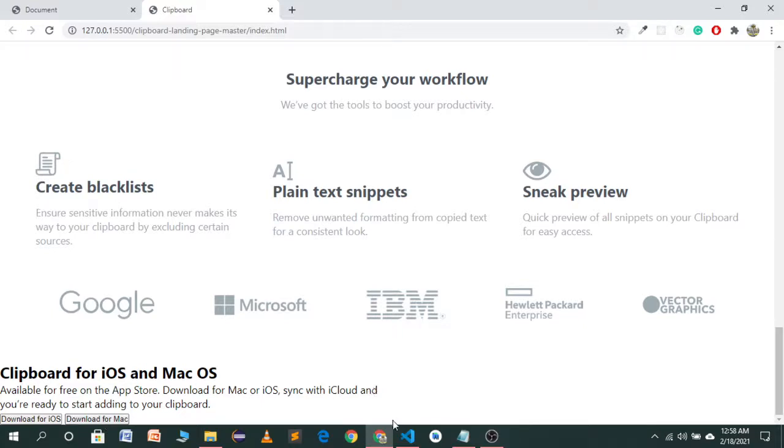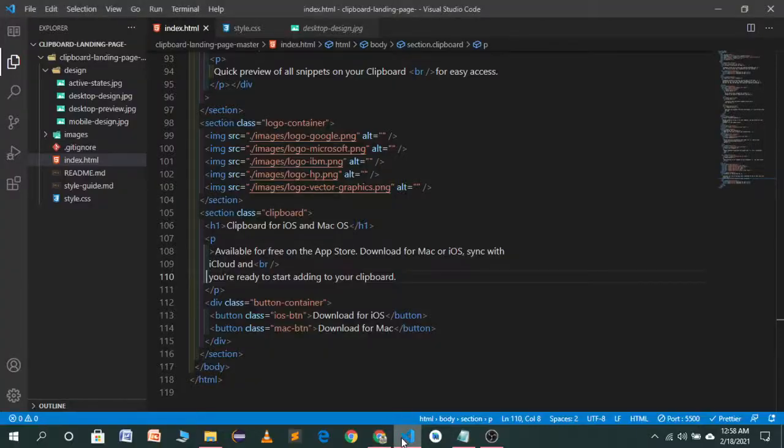So let's target this one. We will give it a clipboard section.